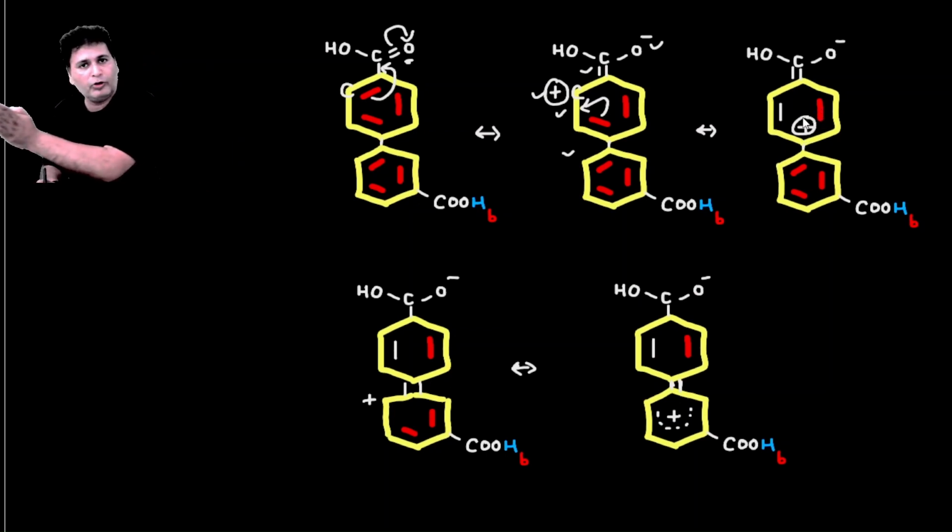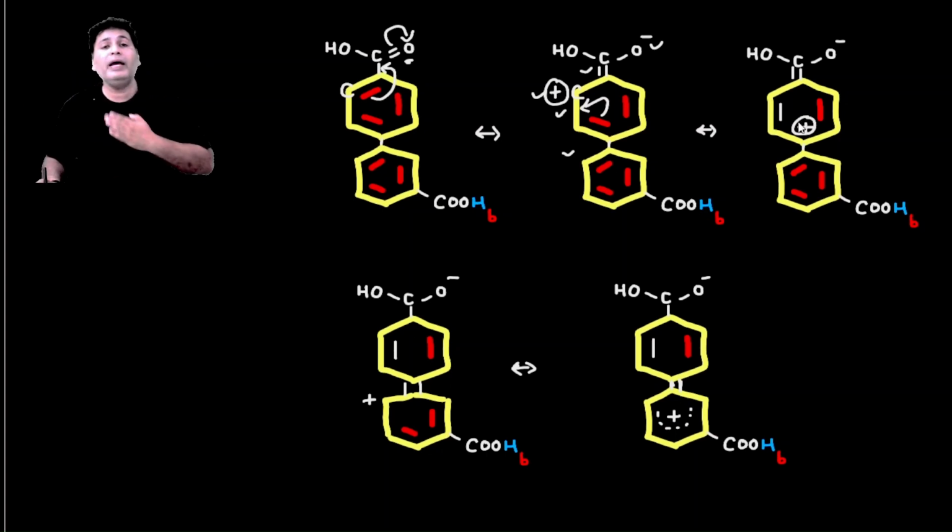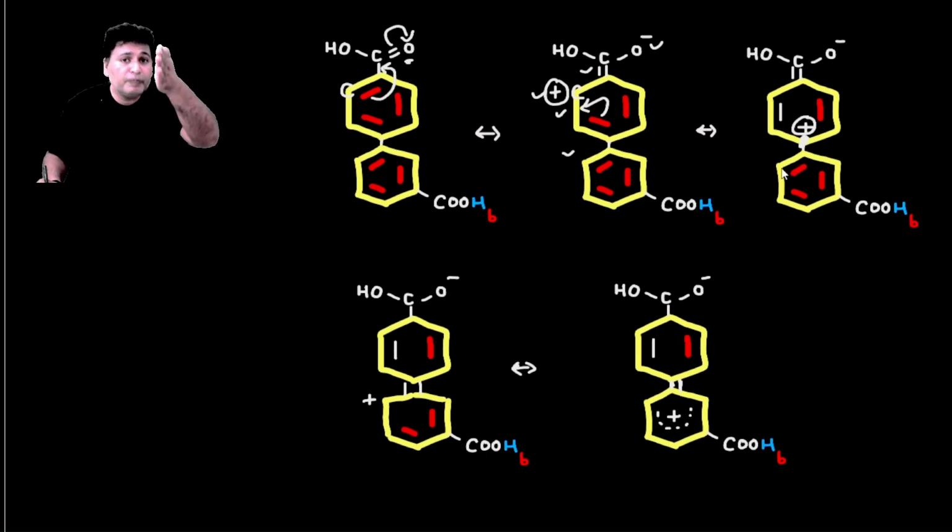But my focus is, as this plus charge comes on this carbon, you understand, there is again a possibility of resonance, that this plus charge can go towards the ring attached with this ring, the next ring to this present ring. What is that? Plus,